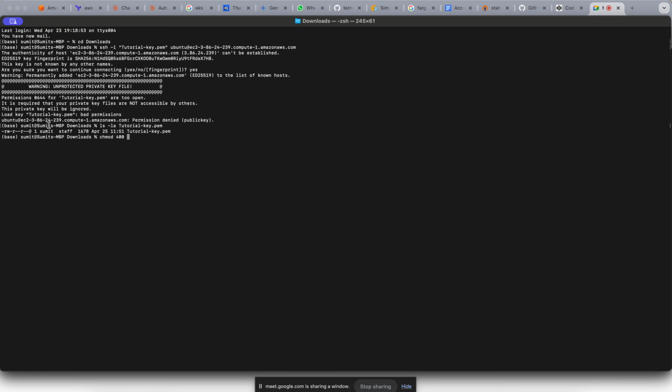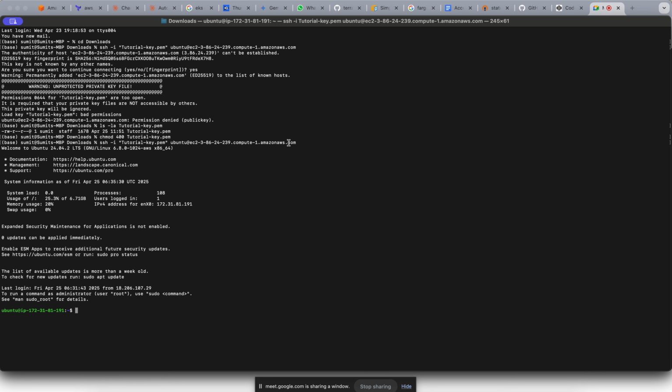Chmod 400 means read will be available just for the current user, and for others nothing will be available. So this is basically the permission it should have. Now if I run the same command, ssh -i, it will work. Okay, so now I'm connected to this